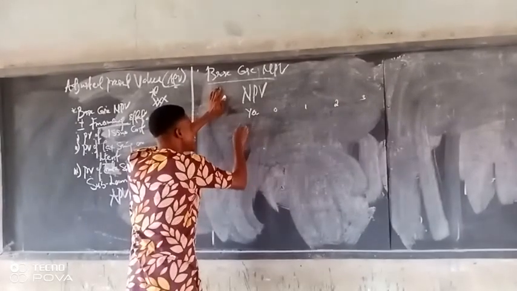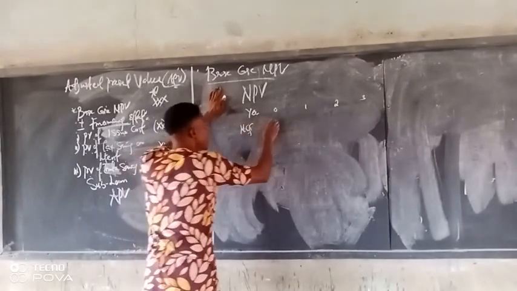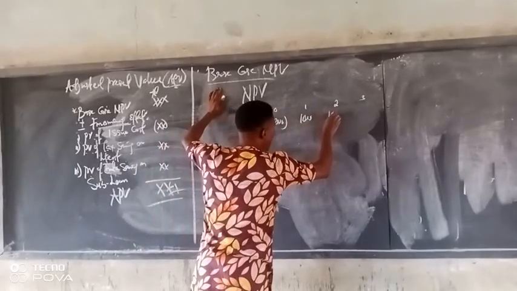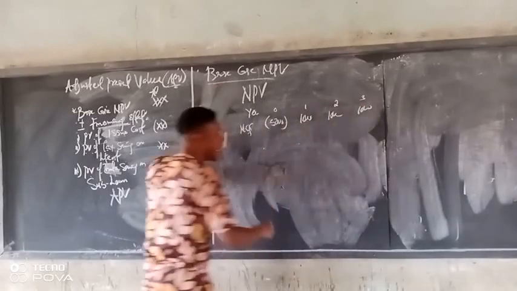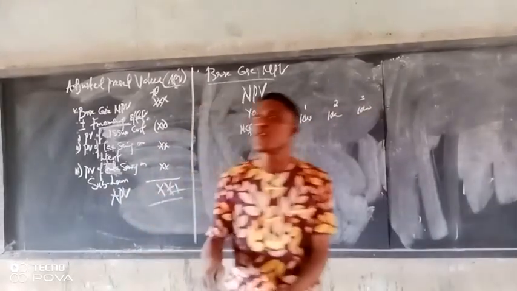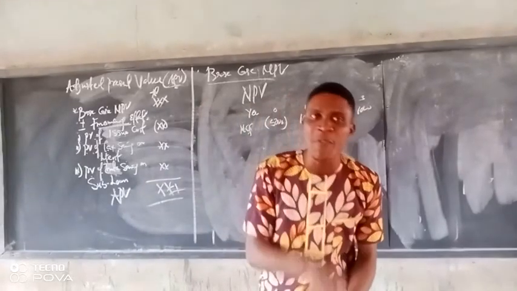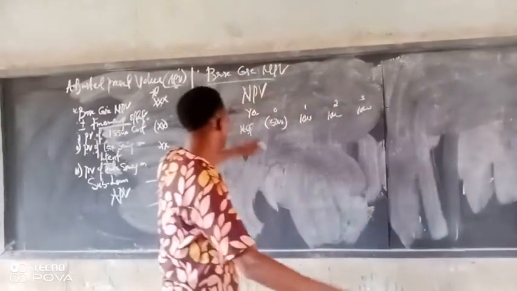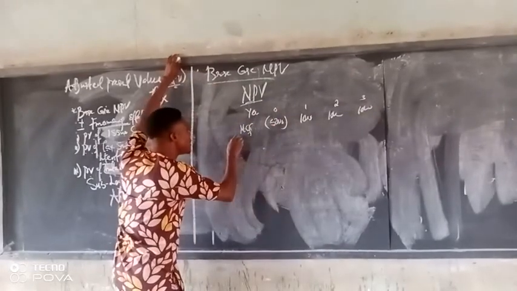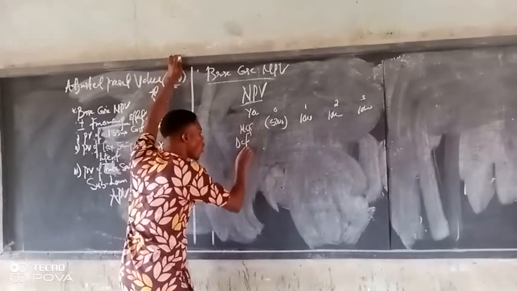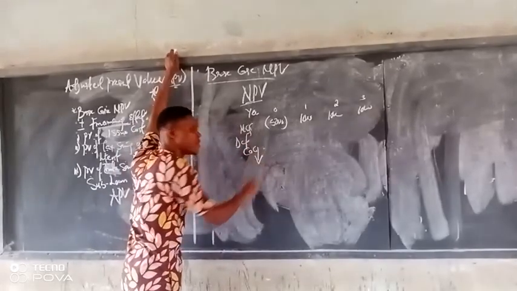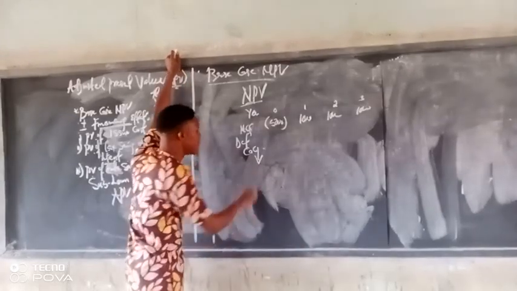Let's assume now your net cash flow is 5,000, negative 1,000, 1,000, 1,000. Then you will discount this. I'm trying to tell us the difference between base case NPV and what I have been doing before. Once you have these cash flows, then you have your discount rate, that is your cost of capital. The cost of capital that we are using here is always the WACC